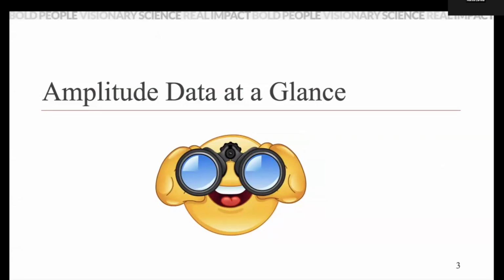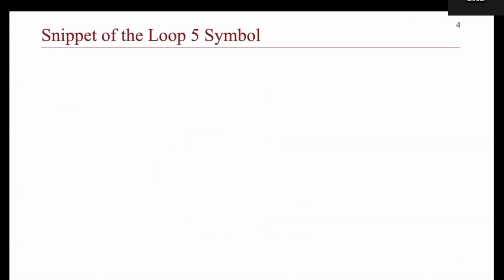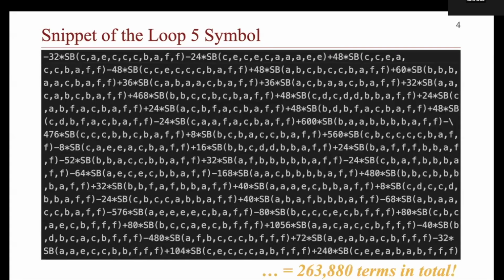I want to let you take a look at the data set itself, without giving you any physics background. So let's do it as how AI is approaching the problem. What you will see in the next click is a snippet of the loop 5 symbol. You don't need to know what loop 5 means, or what symbol means. I will try to explain that in a second. So be ready. This is your data set. I will give you 10 seconds to stare at this data set before we move on.